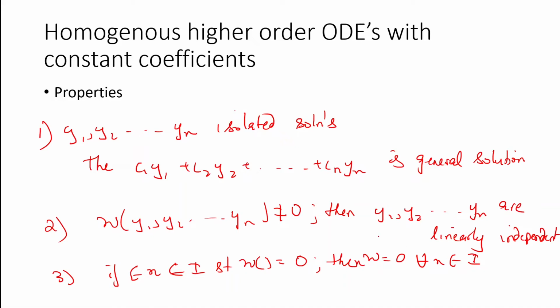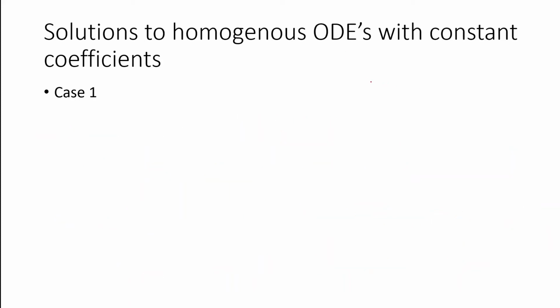So this is the third property. Now we looked into the properties of higher order differential equations with constant coefficients, but just to keep in mind, these properties are applicable to variable coefficients as well. As you saw, there is no constraint on the coefficients, meaning even if the coefficients are functions of x, this is valid. The next important case is how to solve a homogeneous ODE with constant coefficients. There is one overarching general method to solve a homogeneous ODE, and it is applicable for all homogeneous ODEs.